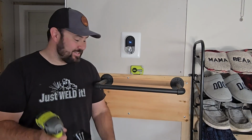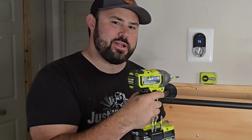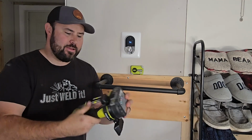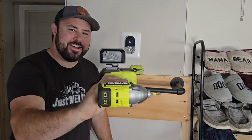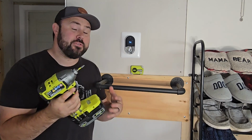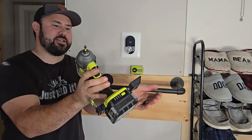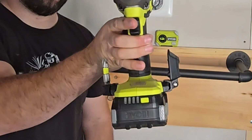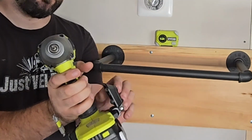Alright, so that's it for the rail system. Listen, I screwed it in the front, I screwed it from the side, I even screwed it from upside down, and look at this. Nothing's falling off, no bits. I think for the value, for how much it cost, this is actually really good, and I didn't even show you this. Storage mode, tight space mode, whatever you want to call it, but I really do like this,